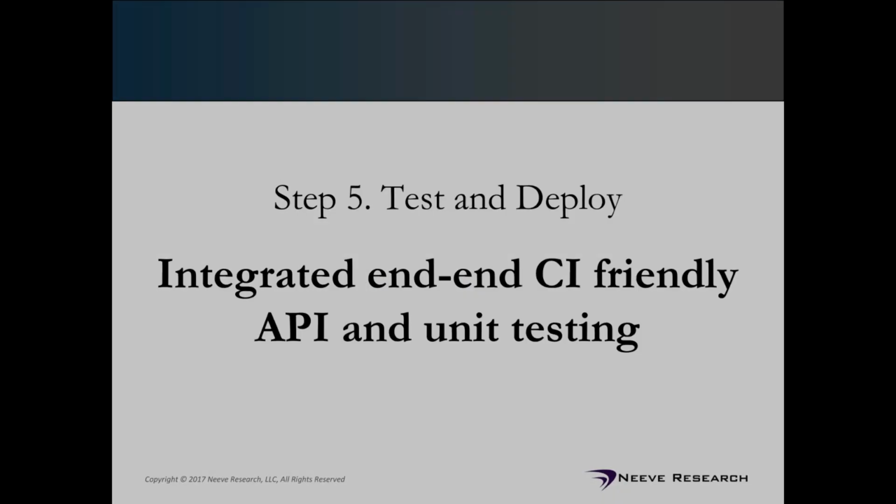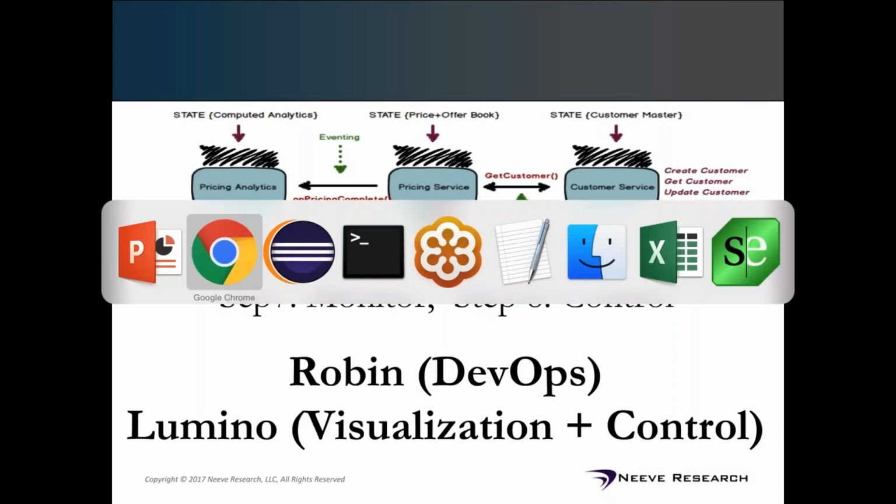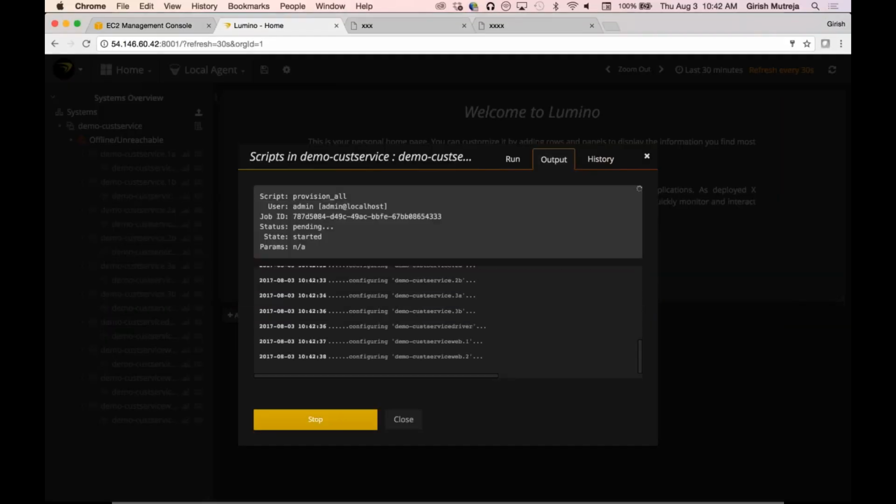So we talked about testing. We talked about the end-to-end CI capabilities. Not only do we have unit testing that can hook into your CI framework, but also the capability of X to run these services in a variety of different configurations. It allows you to do API testing, unit testing, integration testing, and performance testing, all in a fully integrated fashion that allows you to promote across environments very easily. We'll talk about monitoring and control in just a minute, as soon as we have the environment up and running.